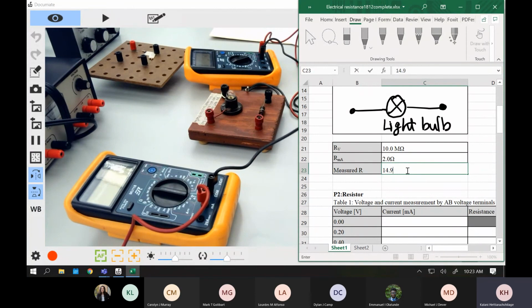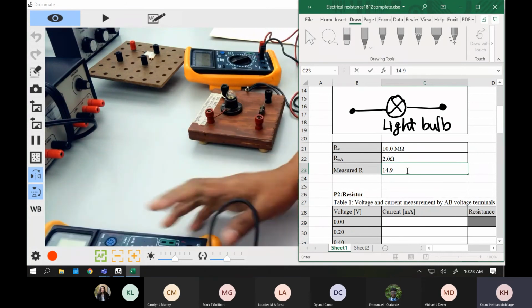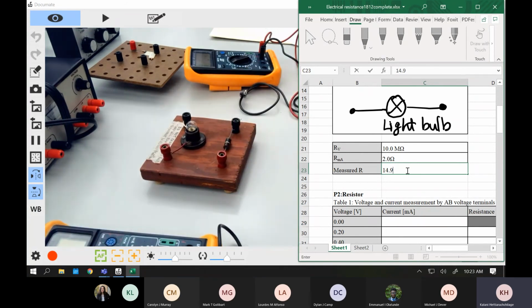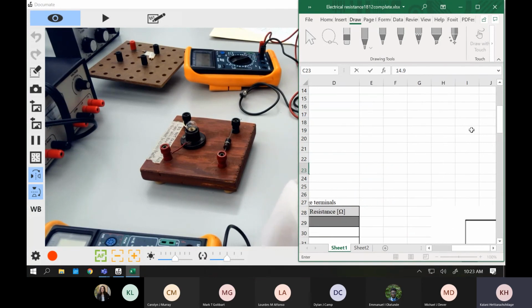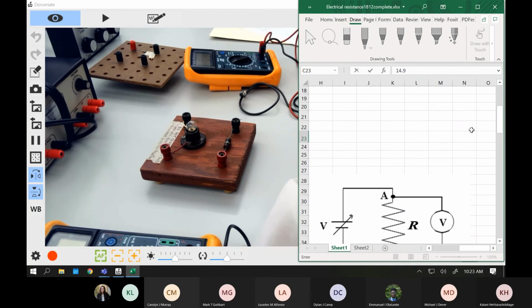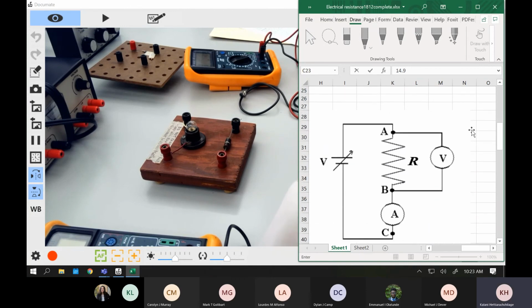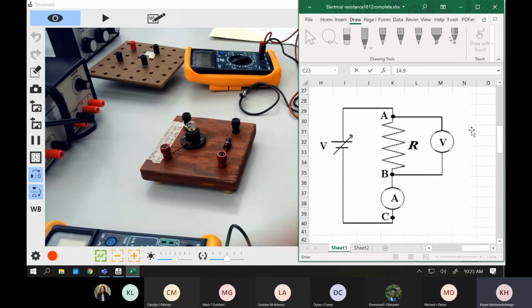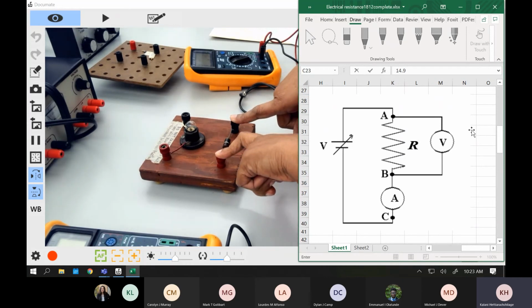So now this one we're going to use to measure the current. We can change the dial later. So let's leave it aside on your left side. So now I have my resistor in the middle. Now what we're basically going to do is I'm going to show you the circuit we're going to connect. So this is the circuit we're going to connect. This label A is the ammeter, label B is the voltmeter, and R is the resistor we're going to use here, and V, the symbol with the arrow, is the power supply, right?